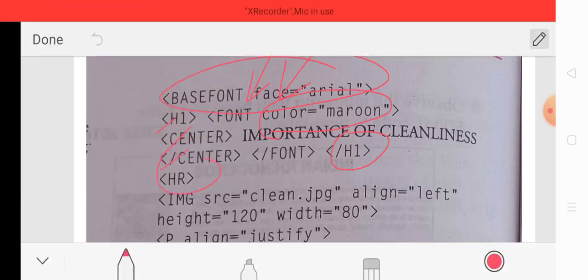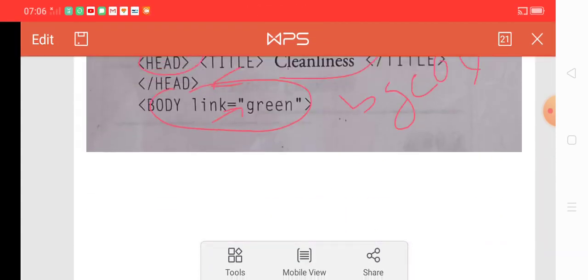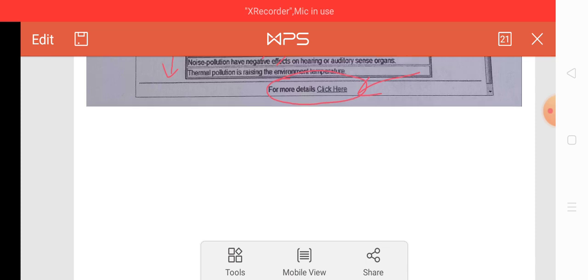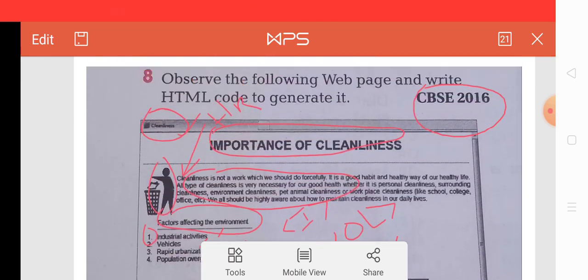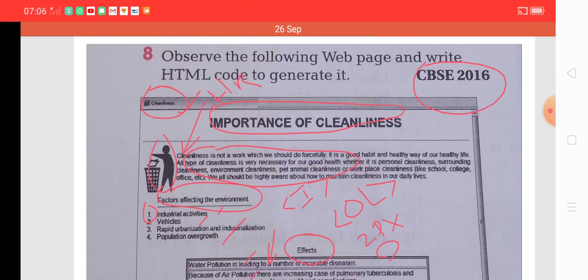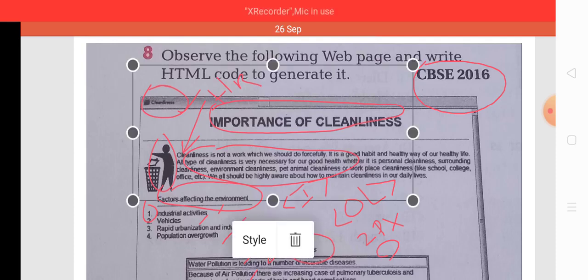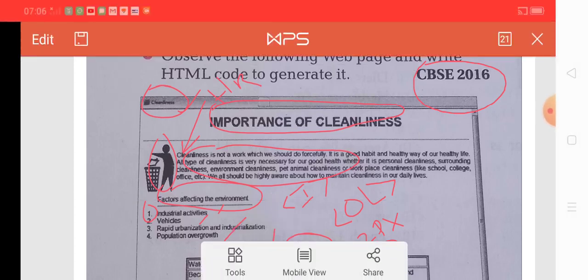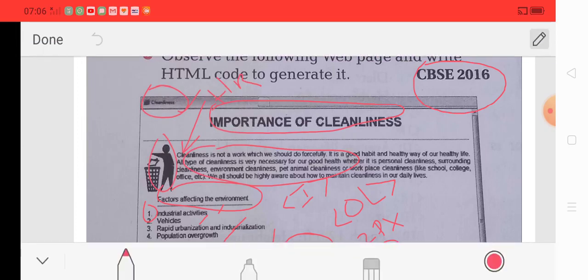Okay, till now we have implemented only that part of the web page: the title, heading, and HR tag.